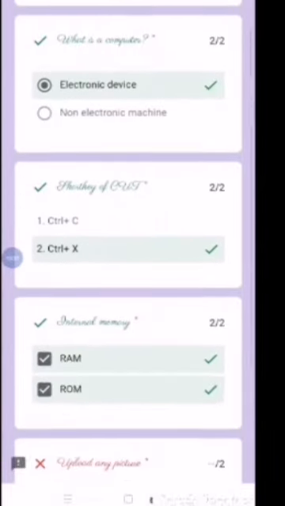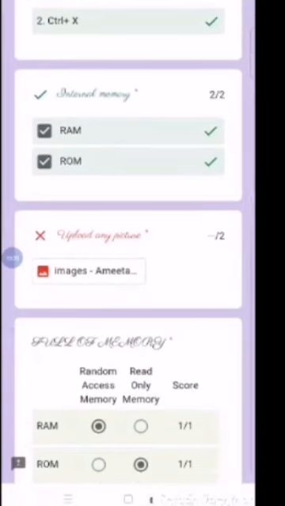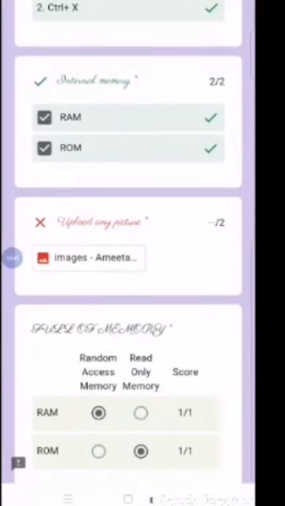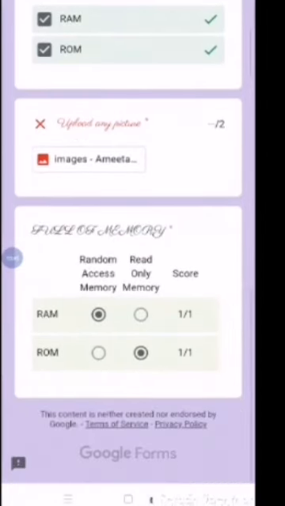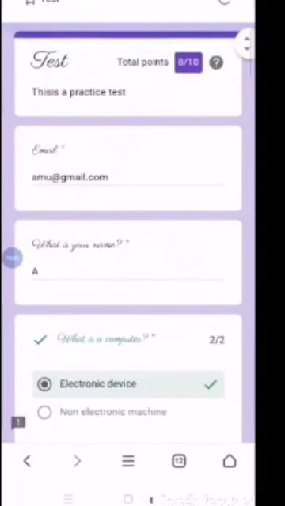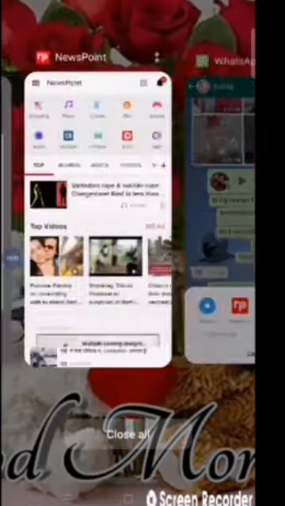Why 8 marks? Because the uploading is not taking the marks. Uploading means it can take any answer, the correct answer is not uploaded, so that is why it is showing as wrong. And see, in this way you can make a quiz. And if you want to see your quiz again,